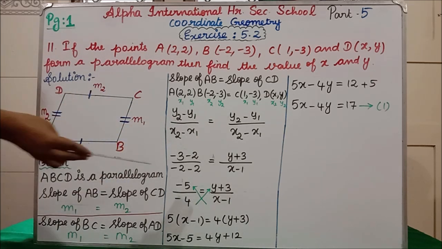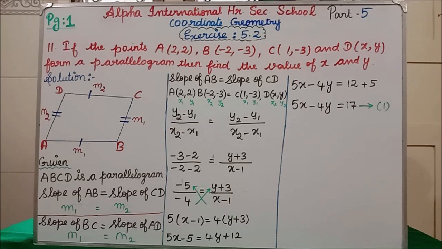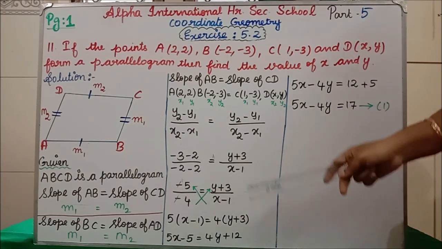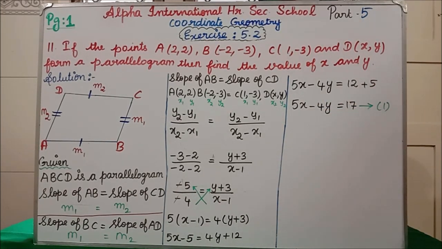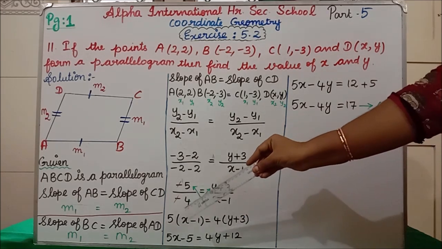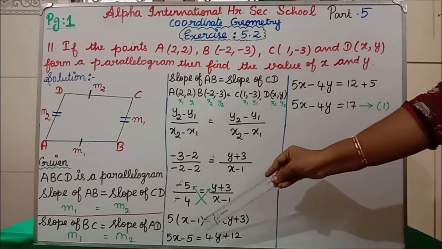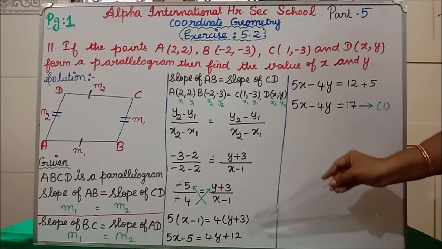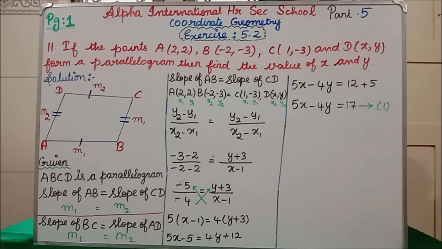See, here also we have minus, which means both the minus signs will get cancelled. After cancelling, we will do the cross multiplication. See here, both the minus signs have been cancelled. So 5 into (x minus 1) is equal to 4 into (y plus 3). The next step: this 5 will go inside. 5 into x is 5x, 5 into 1 is 5, equal to, similarly 4 into y is 4y, 4 into 3 is 12. 4 3s are 12.